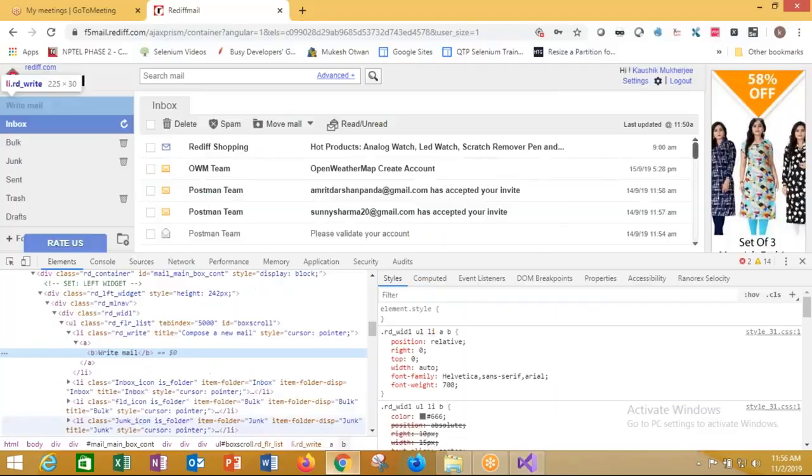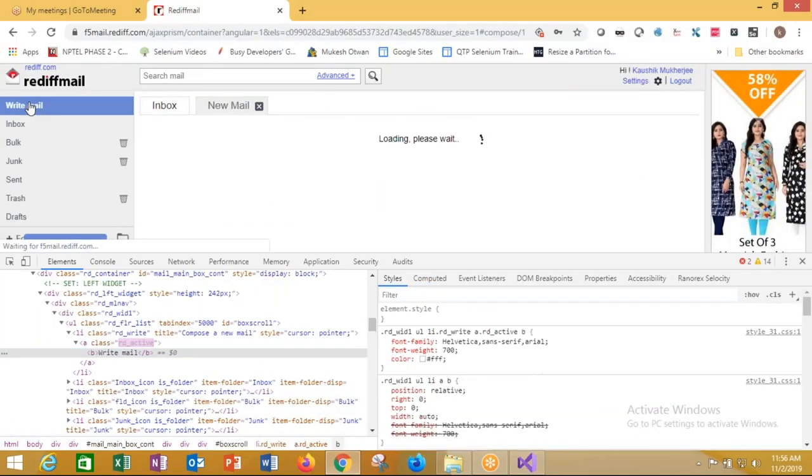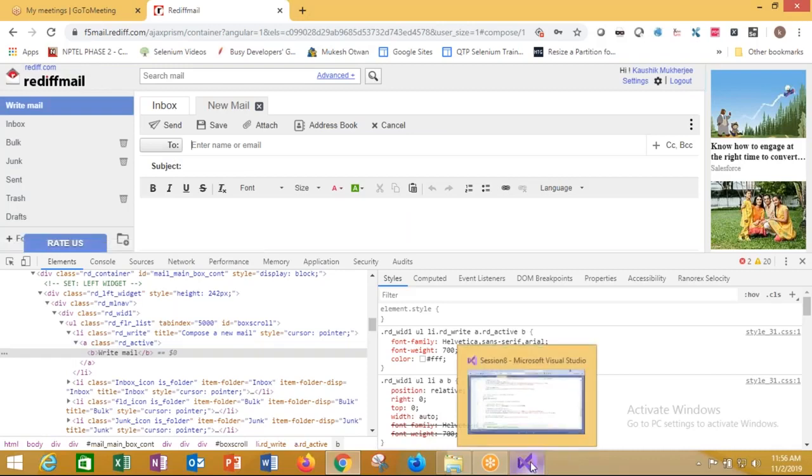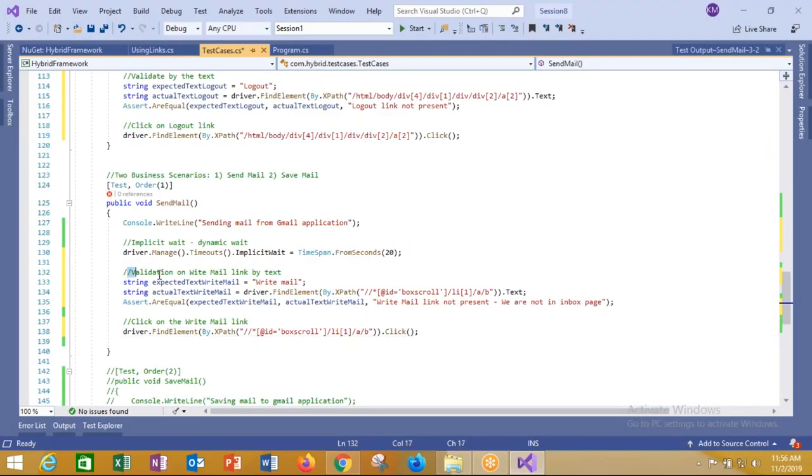Click out here. When you click out here, it takes time to open up the web page. So that time period cannot be defined by implicit wait. Here also, for navigating from one page to another, you have to use thread.sleep. Then an Ajax component comes up when you click on the right mail